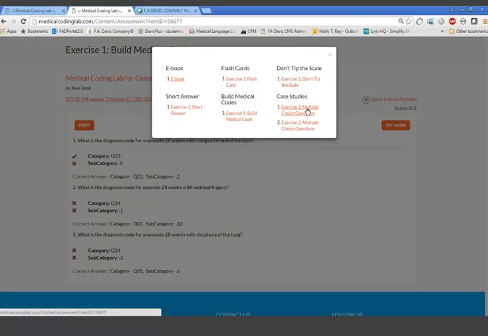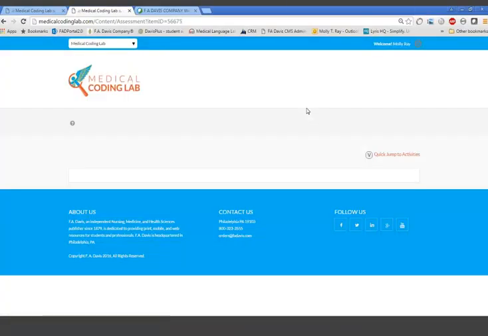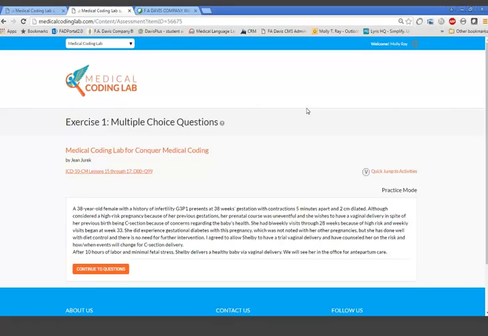The other thing I just want to show here is that for every single lesson, we have case studies. Andy was showing you the case scenarios in the book, but there were several within the workbook. We really know that these are the kind of scenarios that are going to help students become used to what they're going to face professionally. These are akin to very real scenarios that they will have to be looking at and understand the documentation. So we have case studies for every single lesson in Medical Coding Lab. This is one example. And, of course, these case studies apply very specifically to this chapter and this lesson, so that